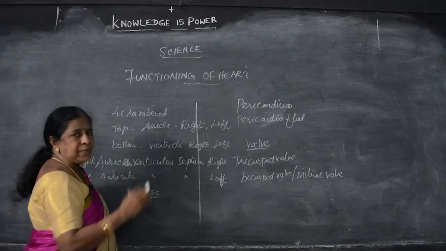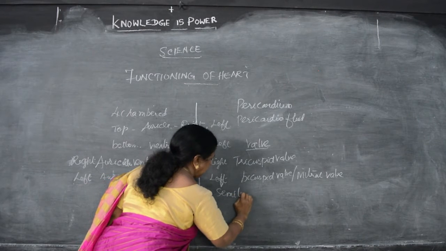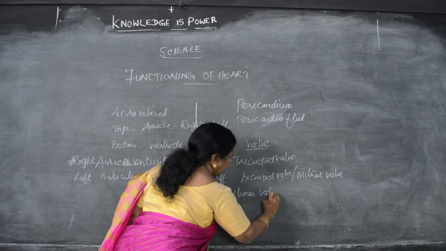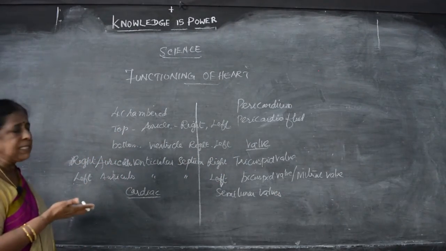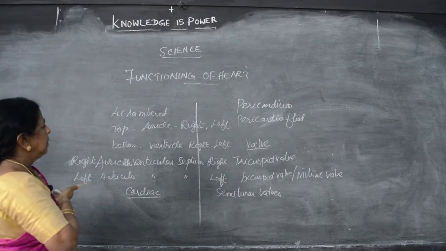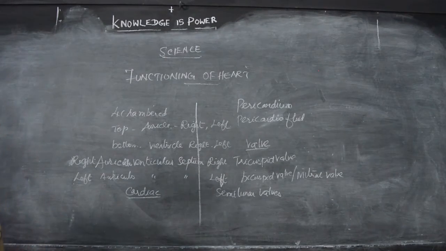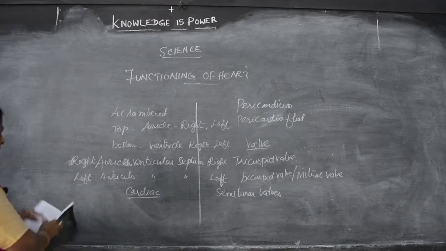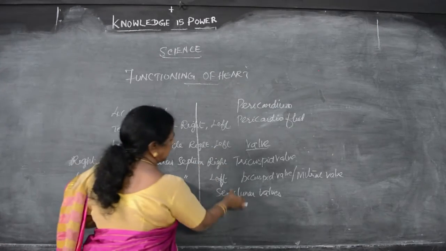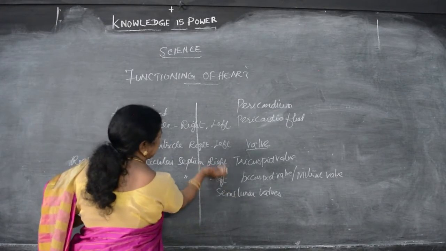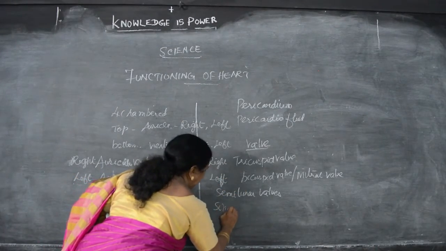Then apart from that, semilunar valves are there. The blood is circulating through veins and arteries, veins and capillaries. I said what are the arteries? The largest artery is aorta. Any doubt in the structure of heart? Then the blood with the pressure goes from left auricle to right auricle, left ventricle to right ventricle. In between there is a node, that is sino-auricular node.